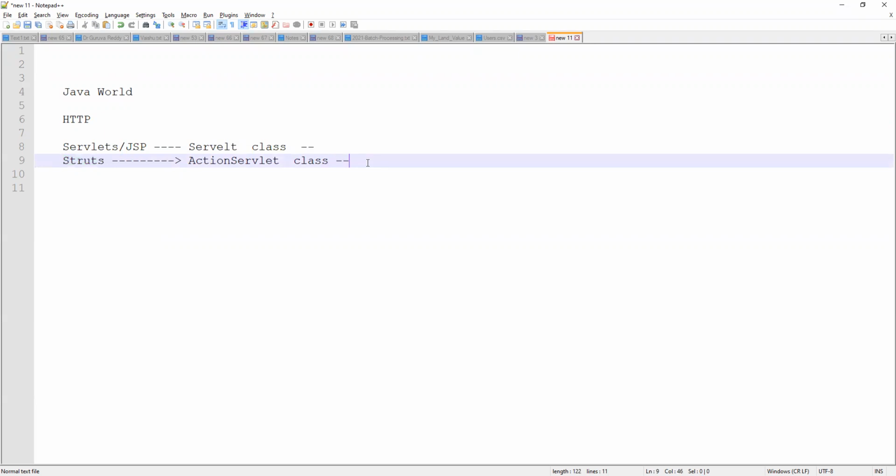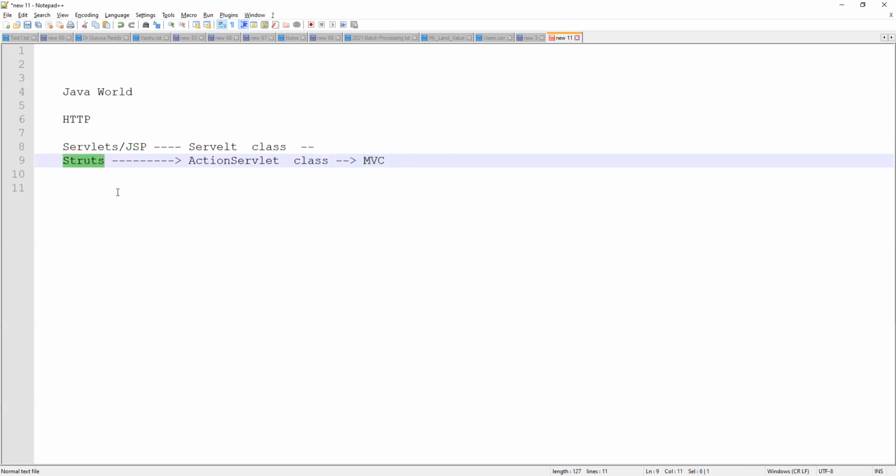Struts is divided like an MVC pattern: Model, View, Controller. The controller is an action servlet. The view will be either JSP or HTML pages; any JSP or HTML page we can use. And the model is nothing but Java POJOs, where we can define our database models. We can define all the table columns in the Java model, so that we can map the Java class variables to the table columns. So like that we have Model View Controller in Struts.